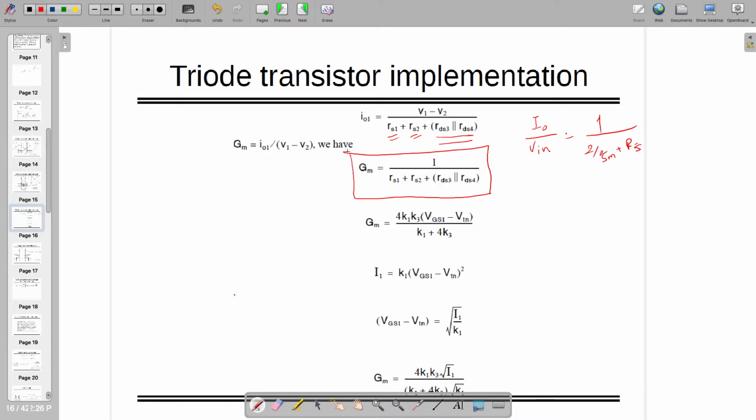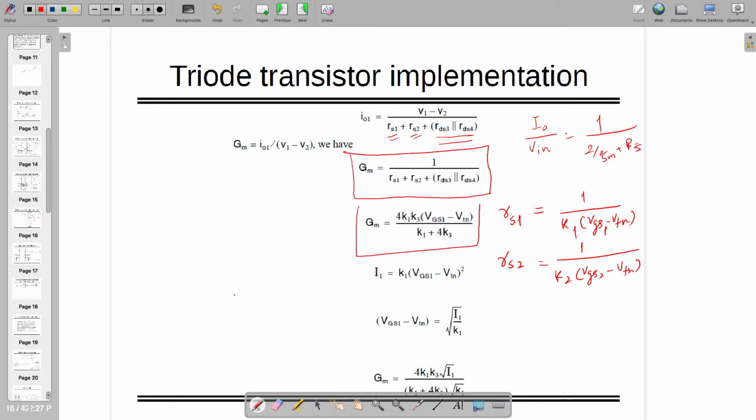But I want everything in terms of constant terms. So in constant terms, what I can do, I can write down RS1 and RS2. So can you help me in writing down RS1 and RS2? Right, so this will be 1, this will be 1. You can call this one as K2 VGS2 minus VTN, right? Similarly for RS, you can write down RDS3. If you are replacing all of them,